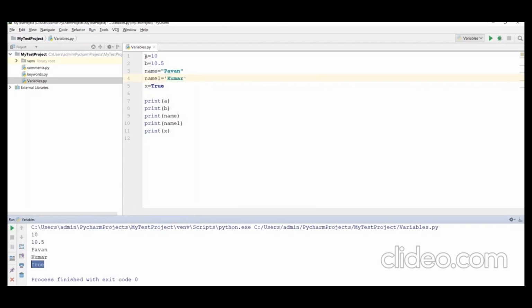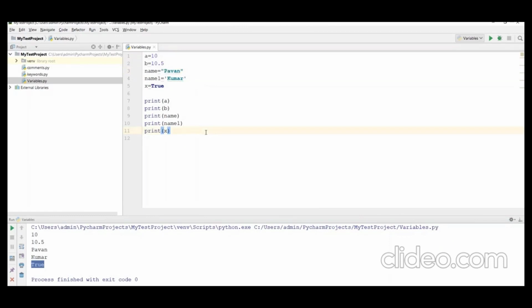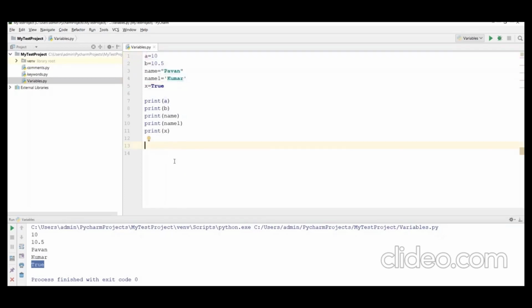So this is how we can declare the variables with some values, and also print those values. Okay. Now in Python, we can define the variables and assign the values in different ways. Now I'll tell you a different way. For example, here I have created multiple variables with multiple values, right? But suppose I want to create all of them in a single line. So instead of writing these multiple lines of code, I can write all the variables and all the values in a single line. Now how can we do that? Let me show you here.